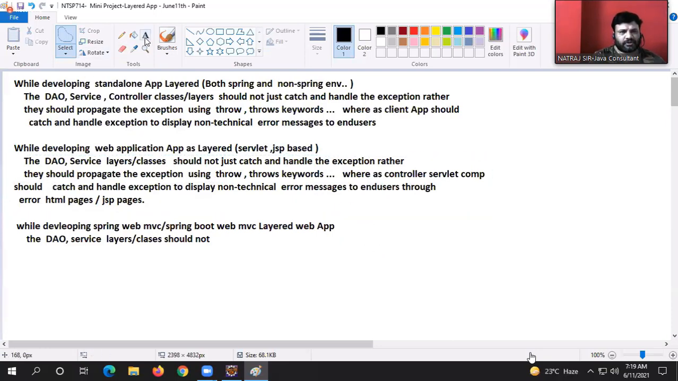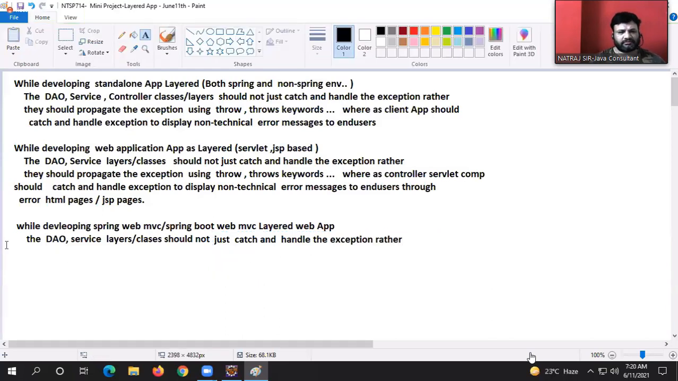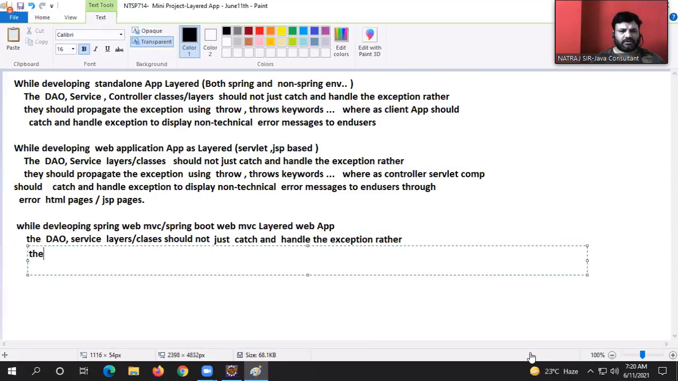Okay, I'll type, guys. They should not just catch and handle the exception. Rather, they should propagate the exception using the throw and throws keywords, whereas